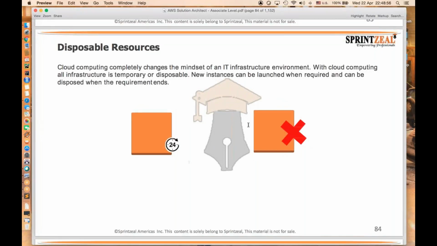And coming to disposable resources. In a typical IT infrastructure environment, after some time you need to dispose of it and go for new infrastructure, and some money also gets wasted on the resources. But when it comes to cloud computing, all infrastructure is temporary or disposable. You can do it very easily without even